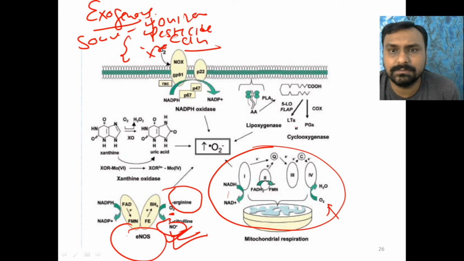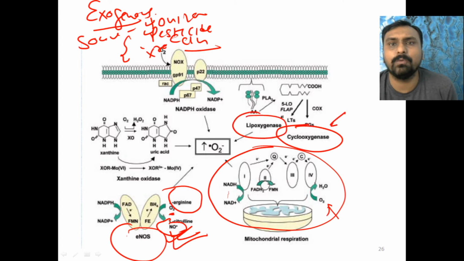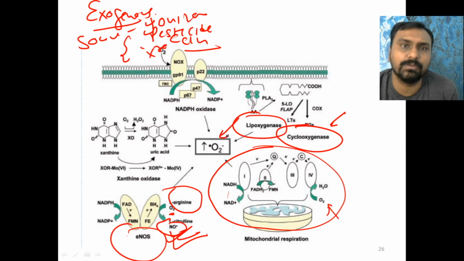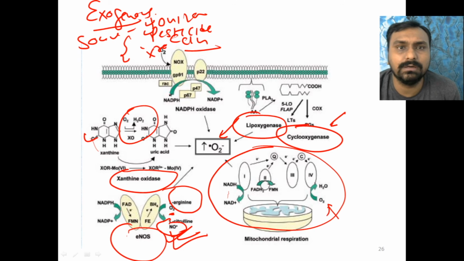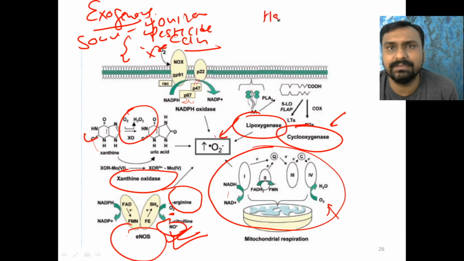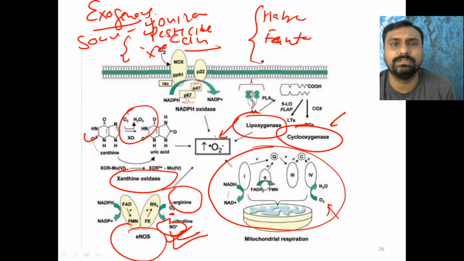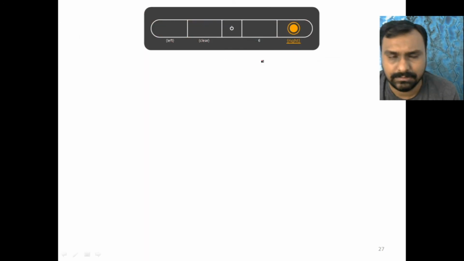Then during the formation of cyclooxygenase, prostaglandin synthesis, or in the lipoxygenase enzyme, they may produce the superoxide radical. And we have already seen during the xanthine oxidase, xanthine is converted to uric acid. During that reaction also, it can produce the free radical. During the respiratory burst, from oxygen with the help of NADPH, they produce the superoxide radical. Also the Haber-Weiss reaction and Fenton reaction. Okay, so all of these are the endogenous sources of free radical formation.